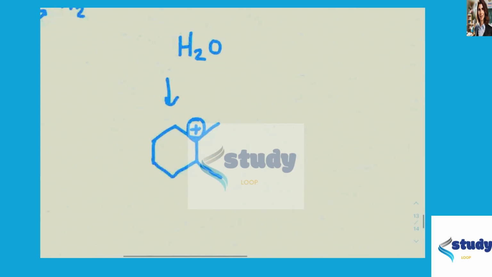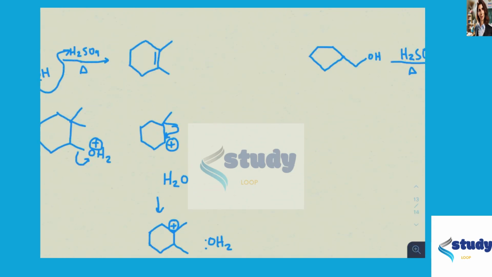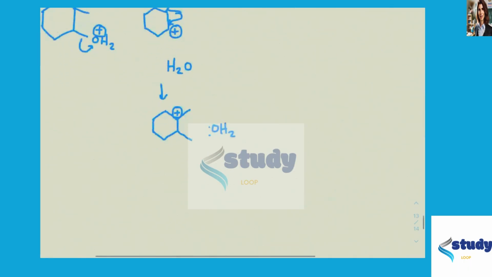Okay, so now we're going to do my elimination reaction. As I said before, this is done in heat, so that's why we prefer elimination reactions. My H2O is going to come in, and it's going to try to relieve this carbon of its positive charge by making an alkene. And in order to make an alkene, we must deprotonate a hydrogen and then kick off our leaving group, which we already kicked off, and now we just have to deprotonate a hydrogen. So in order to make that tetrasubstituted alkene, right here,